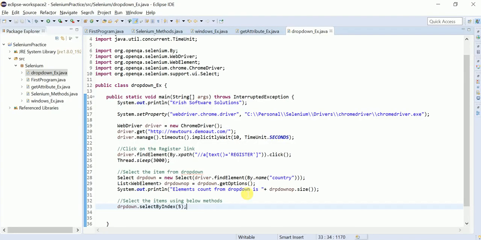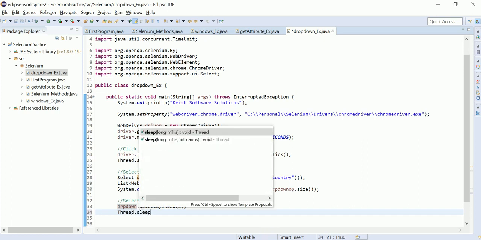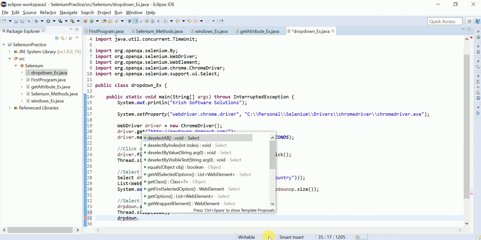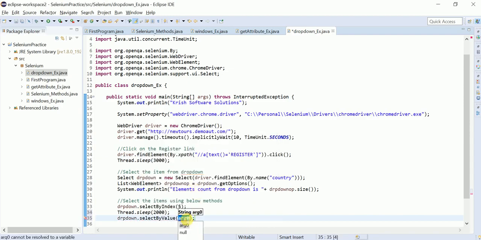And before I execute, let me tell you the other options also. This is based on the index. I am giving Thread.sleep after selecting, just to check it out, for 2 seconds, and then I want to use selectByValue. What is the value here?